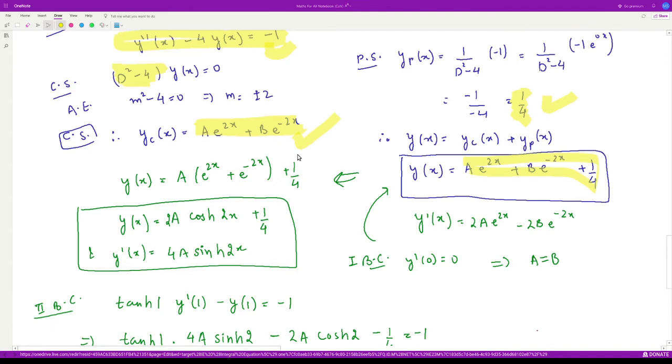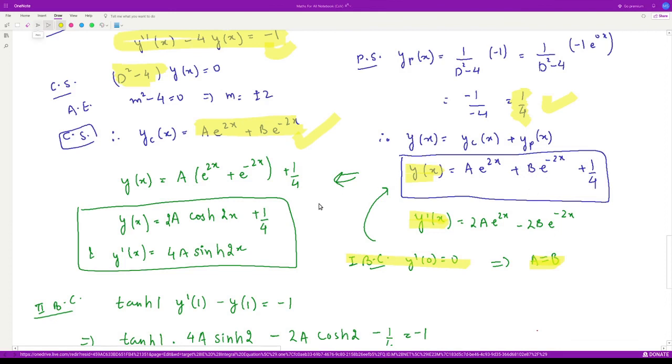Now we need to calculate the values of these constants a and b. Firstly, let me calculate the derivative of y. It would be 2a e to the power 2x minus 2b e to the power minus 2x. The first boundary condition, y'(0) is equal to 0, gives a is equal to b. So replacing b with a in y,